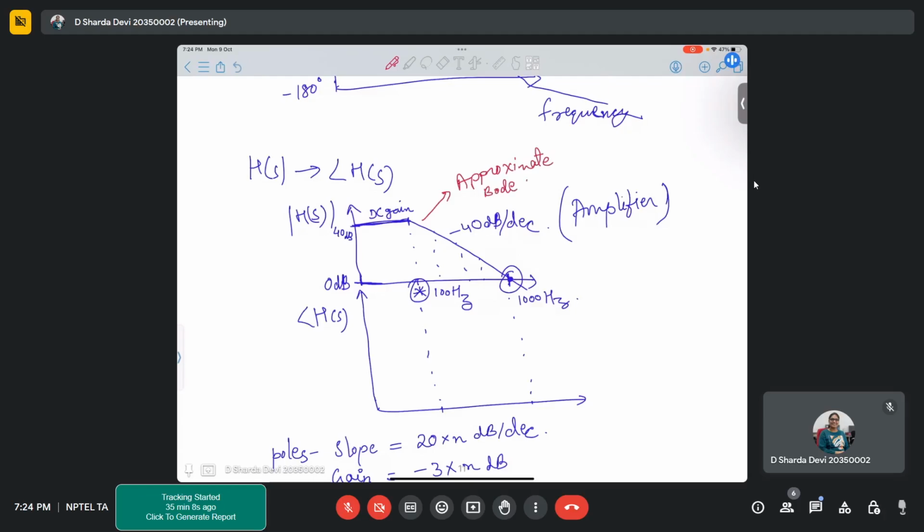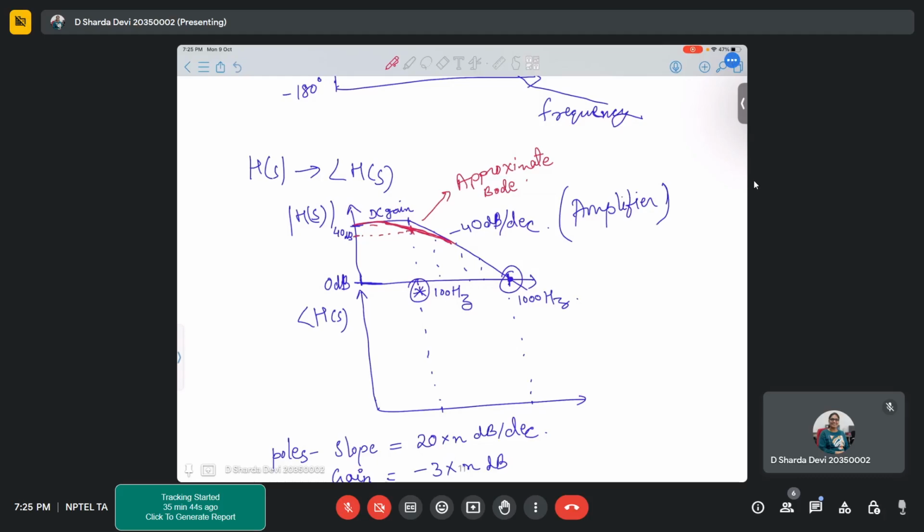Bode plot. The exact Bode plot will look like this. It will start from somewhere here, merge with this one, and ultimately follow this path. But at this point, what you will observe is your gain at that pole frequency will actually be